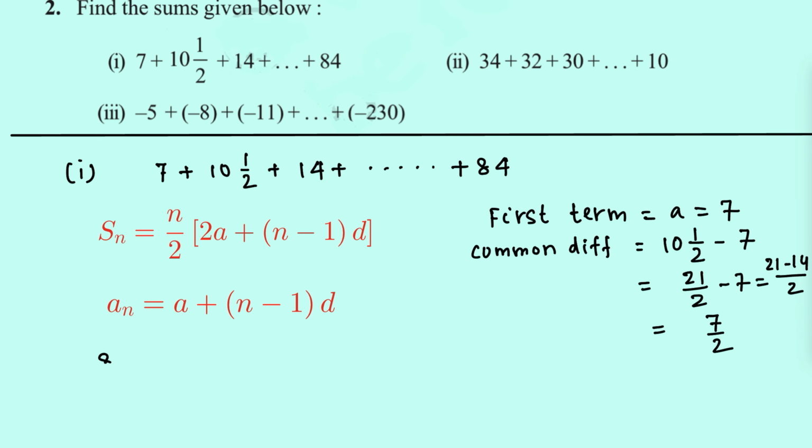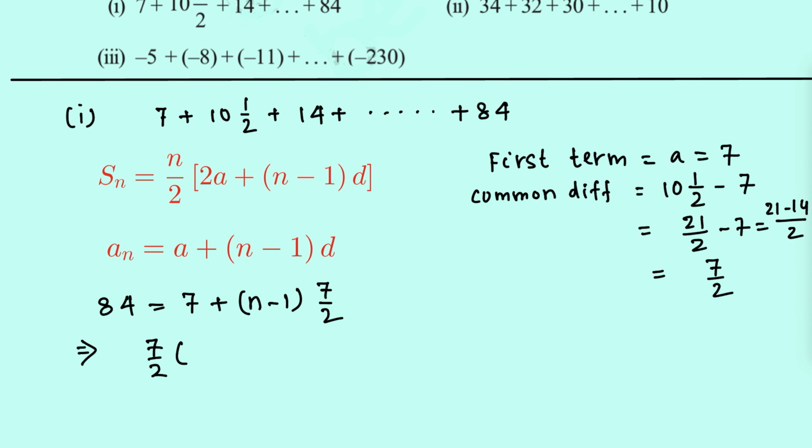So 84 is equal to the first term a, which is 7, plus n minus 1, we have to find n, and d is the common difference, which is 7 by 2. This implies 7 by 2 into n minus 1 is equal to 84 minus 7,